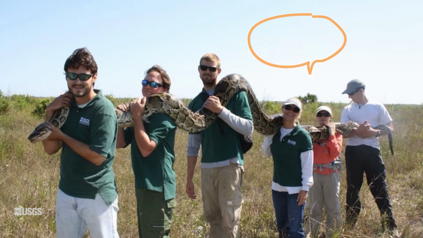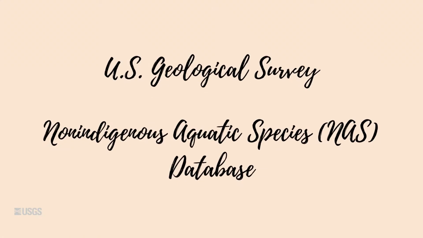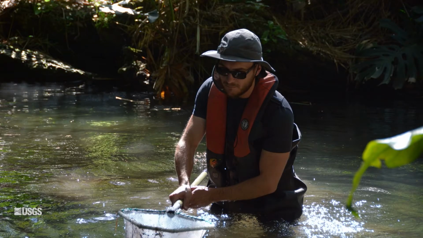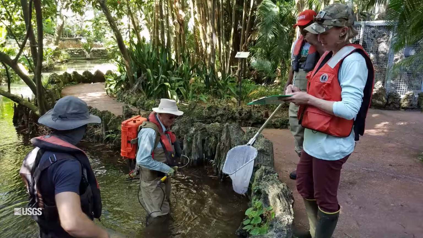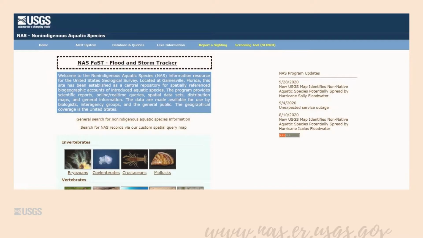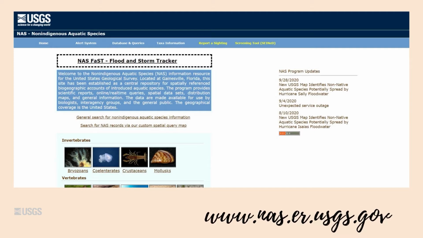USGS scientists work hard to track down these problematic pythons and help our partners develop methods to control their spread. However, we can't be in the field all day, every day, looking for non-native and invasive species, so we rely on the public and our partners to help us monitor the presence and spread of these plants and animals of concern. The USGS Non-Indigenous Aquatic Species, or NAS, database collects reported sightings of non-native aquatic plants and animal species across